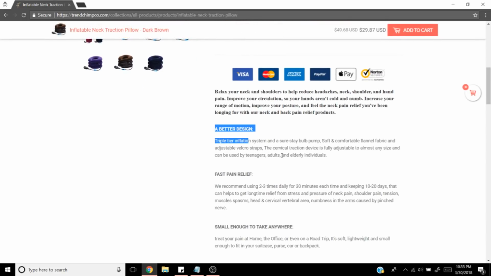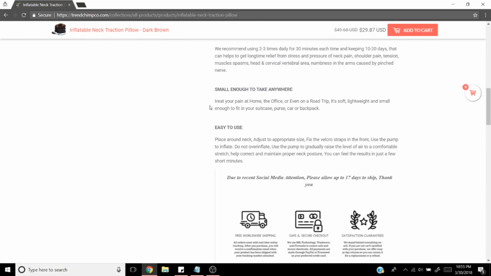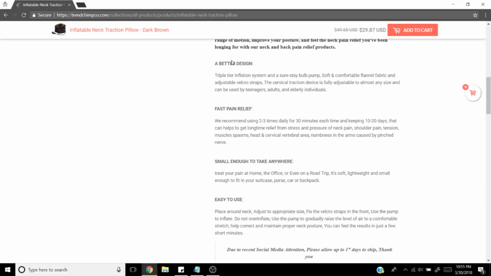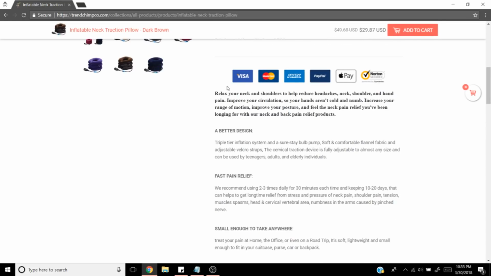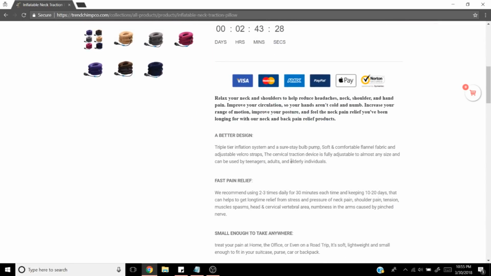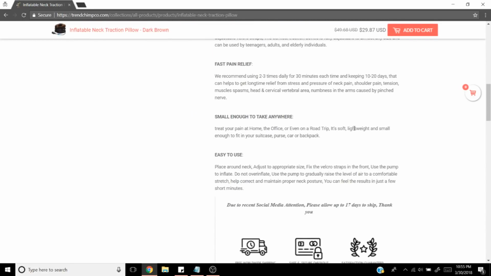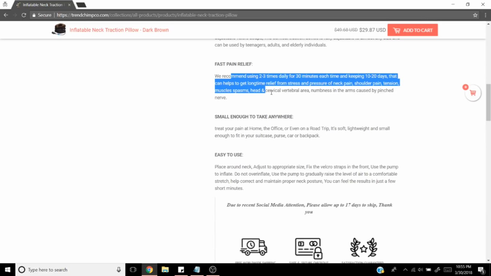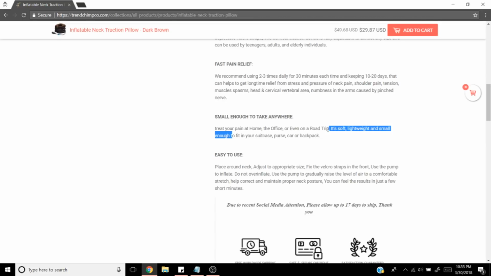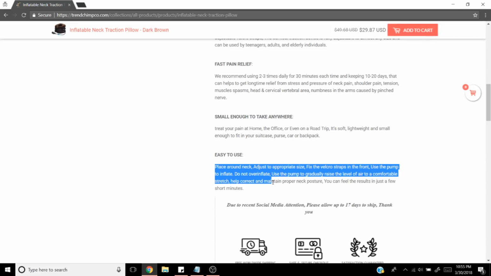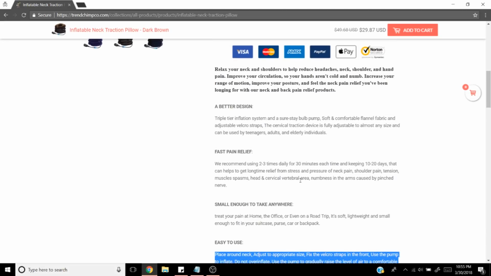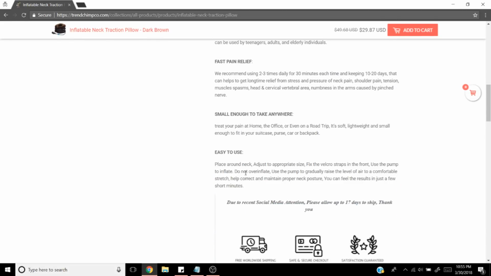A better design. So I like how you structured this. It's not just a block of text. It's actually separated into different categories, which is a very nice thing to have. It's very digestible to read. It doesn't feel like too much. I think this is a very nice length for a product description, and I really couldn't say too much else about this. You're telling how to use it, you're giving some benefits of what it'll do, you're talking about how they're actually going to go about using it and what they can expect with it. So I think it covers all the bases. It does a pretty good job with that.